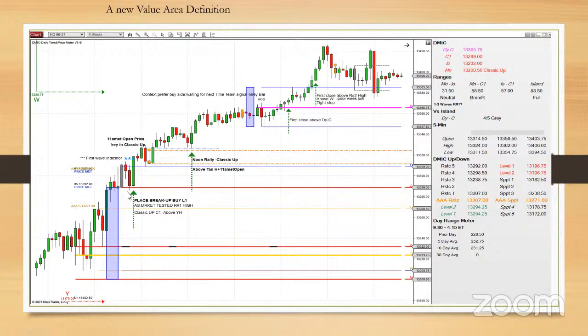And then we see the current high of today's rectangle 1. A break above 2 consecutive rectangle number 1 highs is a new value area indicator. And we saw how this coalesced with further confirmation of classic up. Finally,